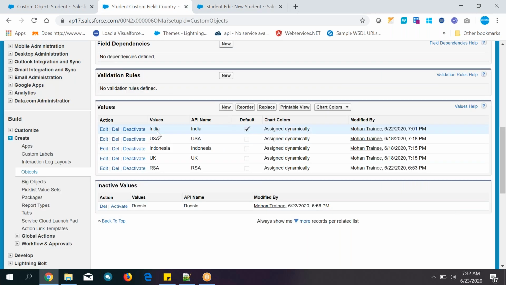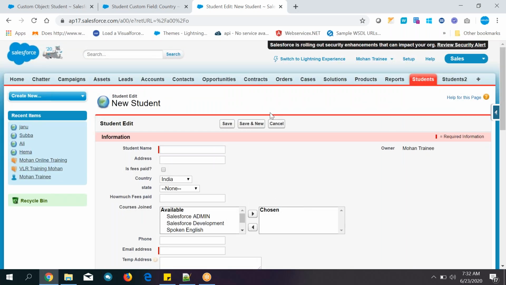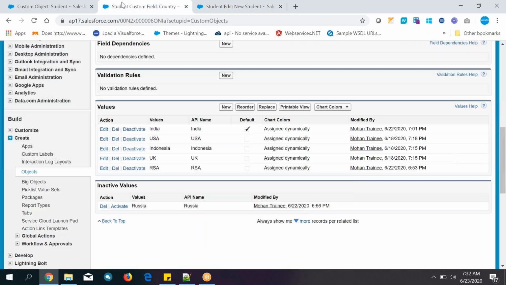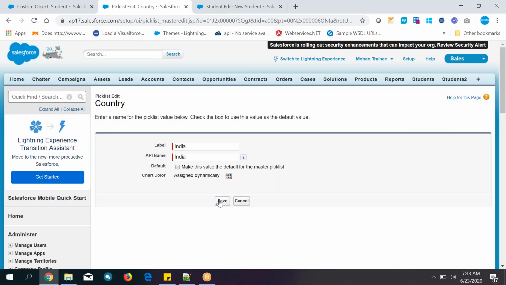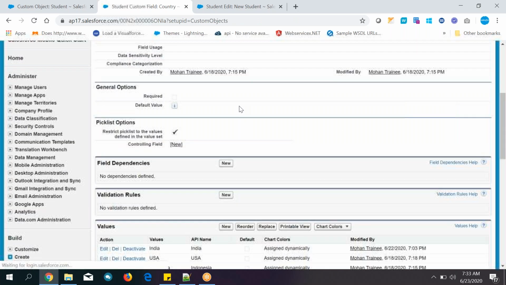So how did it happen? On one of the pick list values, I have just made it a default. That means if you are creating any record, whether you are a Russia receptionist or a UK receptionist, whoever it may be, by default it is India. Not only here, anything. Generally, here we don't give it like that by default. Edit it, and once the record type topic is there, after that we will see exactly.